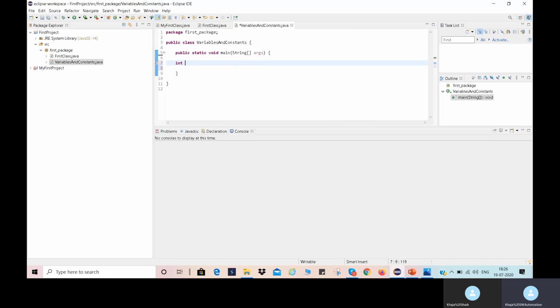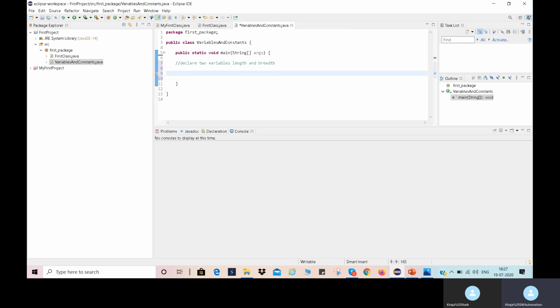So I'm taking integer type variables. I'm declaring two variables, length and breadth. So how to declare? What is the syntax to declare variables?